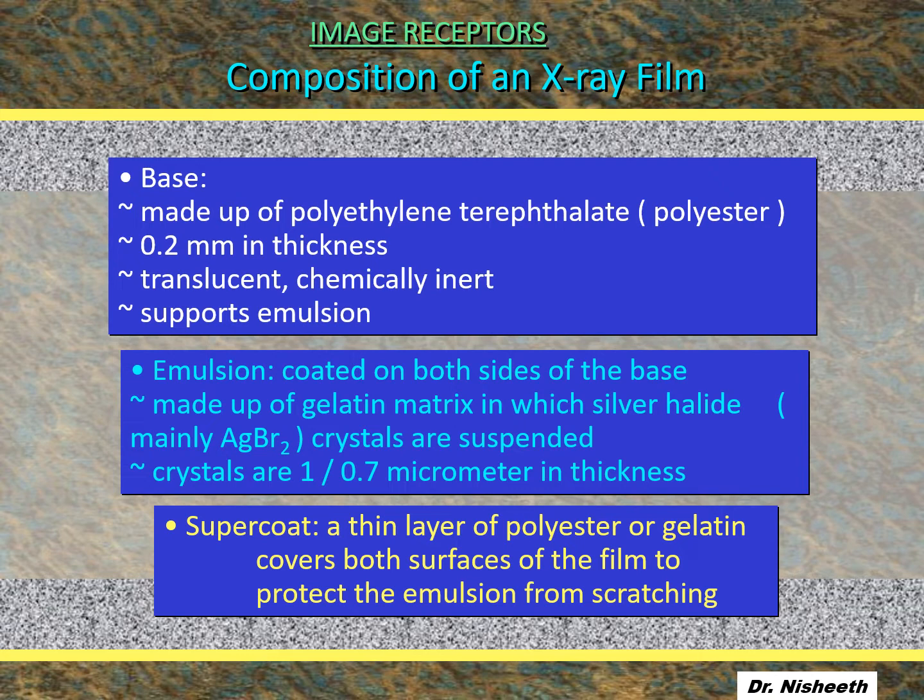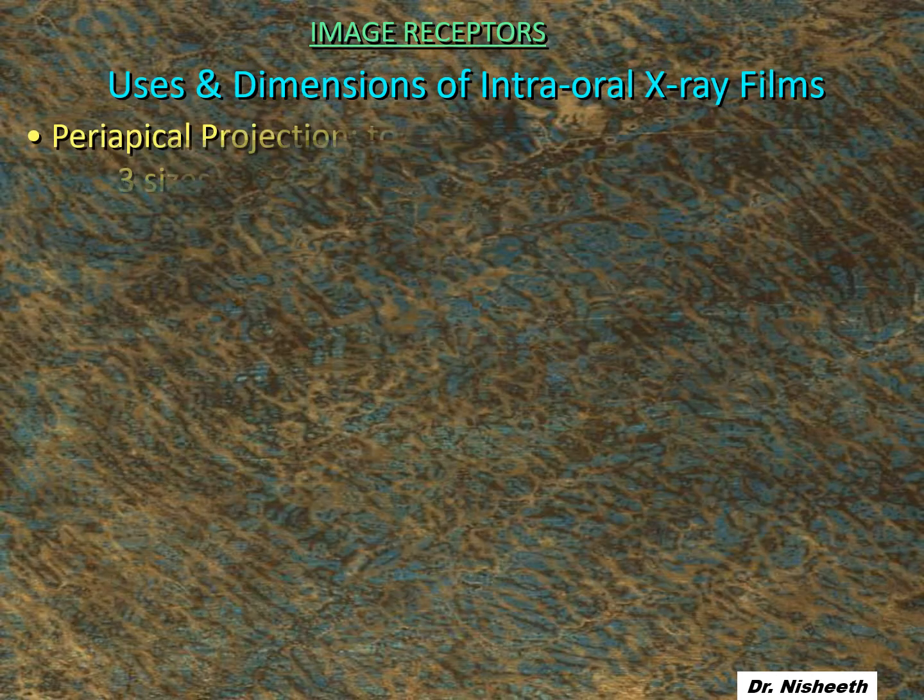You must remember this. The composition of X-ray film is a very frequently asked question in the theory exam as a short note, or in the viva. They will ask you the size of the film, the speed of the film, the composition of the film, what are the contents of the X-ray film packet, what material is there inside the gelatin base, one side or both the sides. Two sides are coated because you get a better quality image. Fine. So please know this chapter. This is a very important chapter from the exam point of view.